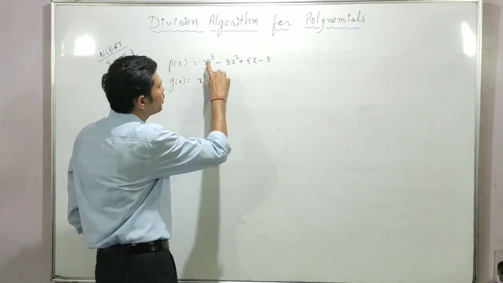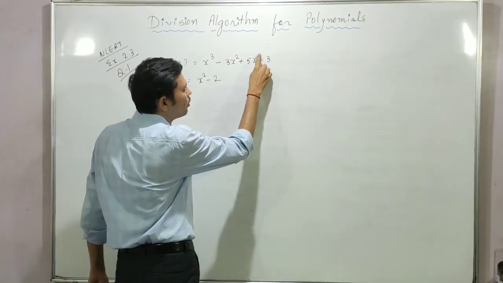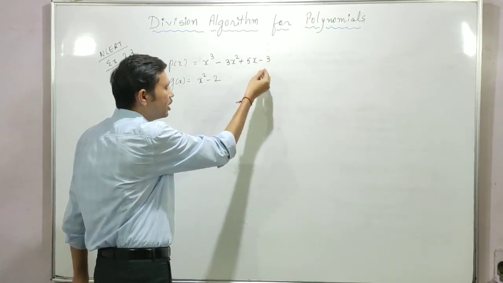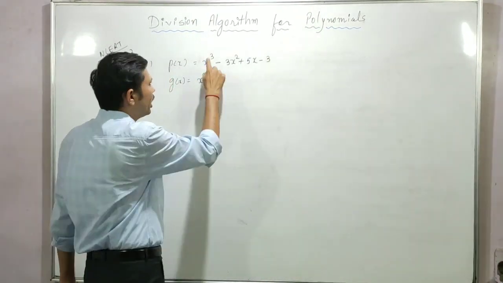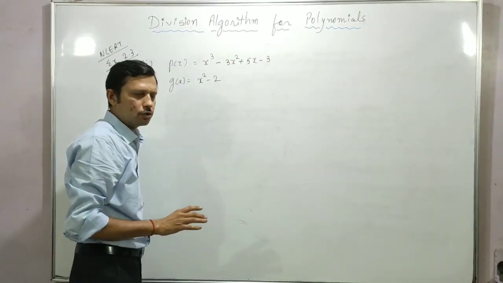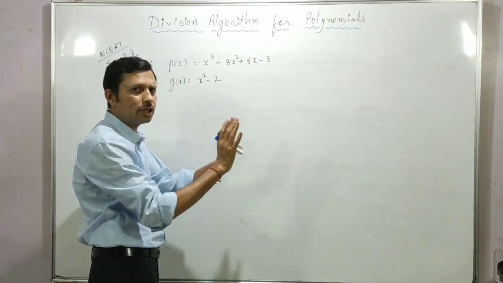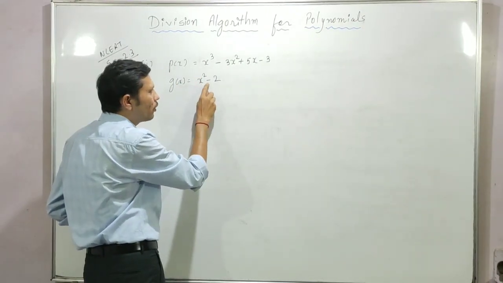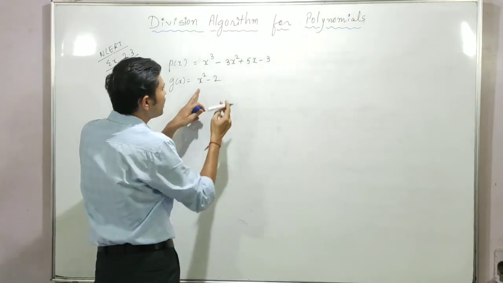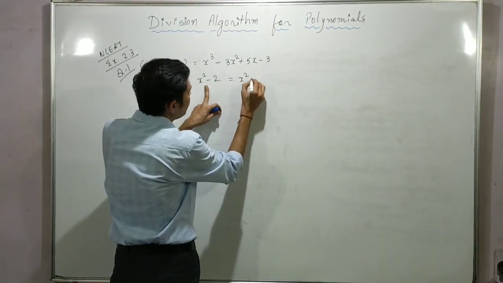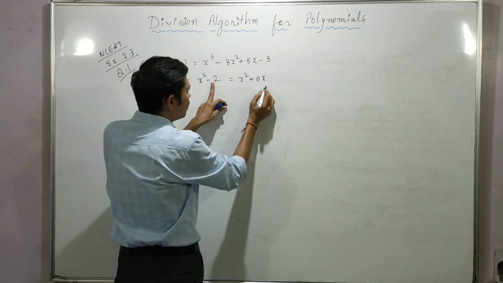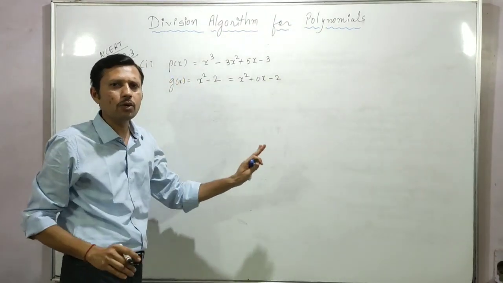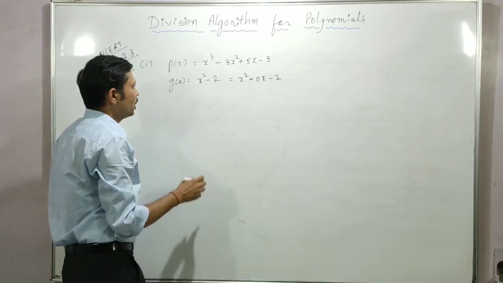Just like here, the 3 power, after that 2 power, after that 1 power, and after that the constant term. So here all the terms are there, and it's already arranged in the standard form, higher power to the lower power. There is no term missing here. But come to the g of x. Here the higher power is 2. After that the power 1 is missing. So I suggest we write down here 0x, the term x with the coefficient 0, and minus 2 to make our calculation easy. Okay.